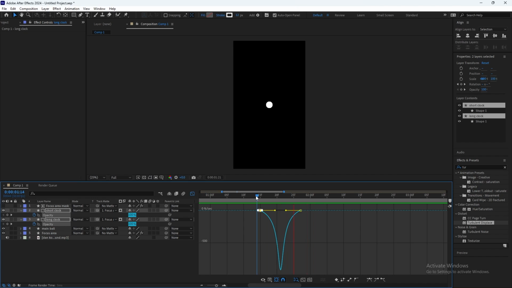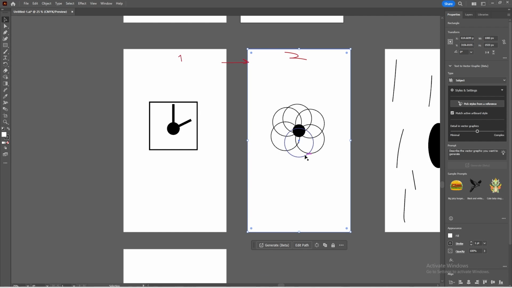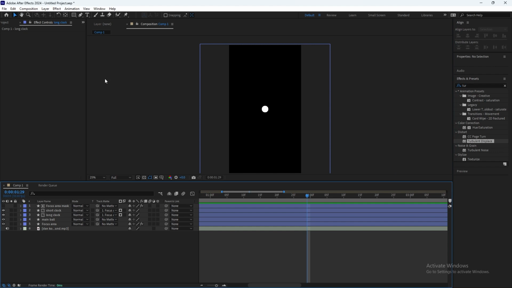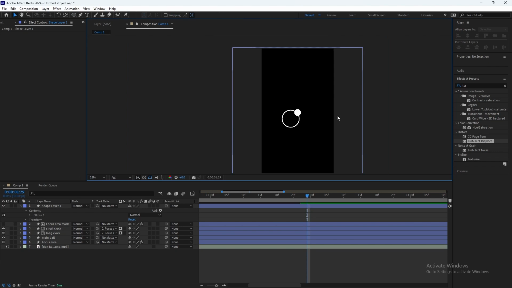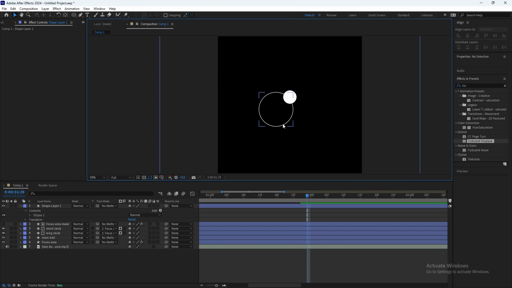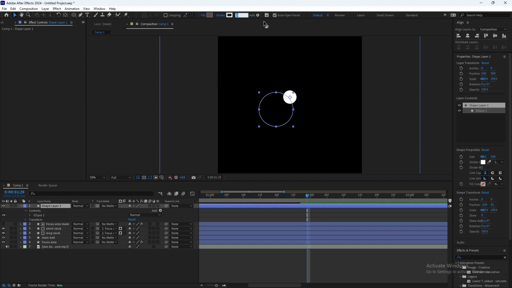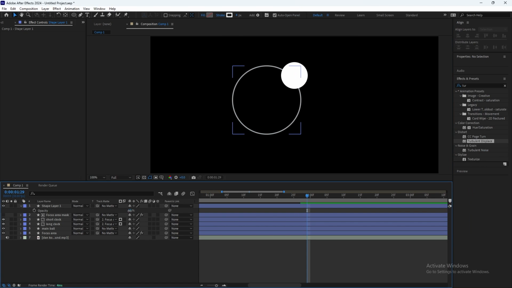Yeah, just like that. Now we can get into those circles. What we can do is select the ellipse tool, shift and drag it up. I think that size is fine. Just change the stroke width to something not that big, like let's do 4. Change the opacity to something like 60,